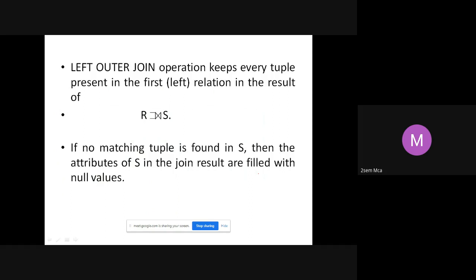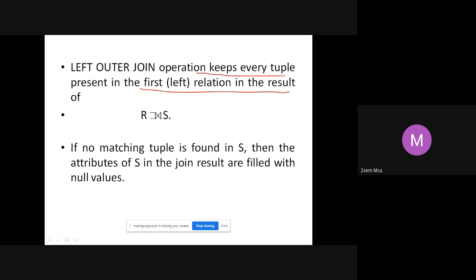Now let us first see what is a left outer join. Left outer join means it will keep every tuple that is present in the left relation, or the first relation. First relation is also the left relation. Second relation is also the right side relation. So left outer join means what?